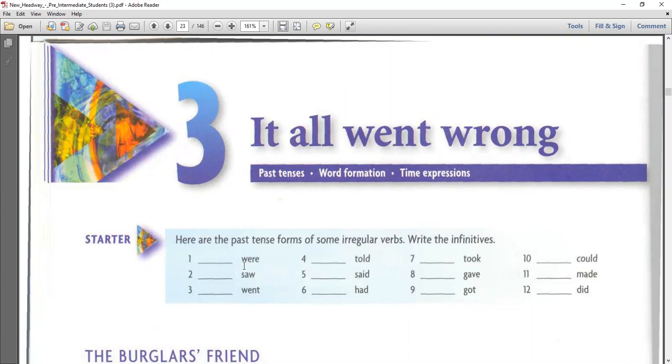We have were, we will put are, okay? We have saw, see, went, go, told, tell, said, say, had, has or have, both of them, has and have, took, take, gave, give, got, get, could, can, made, make, did, do, and does. So this is